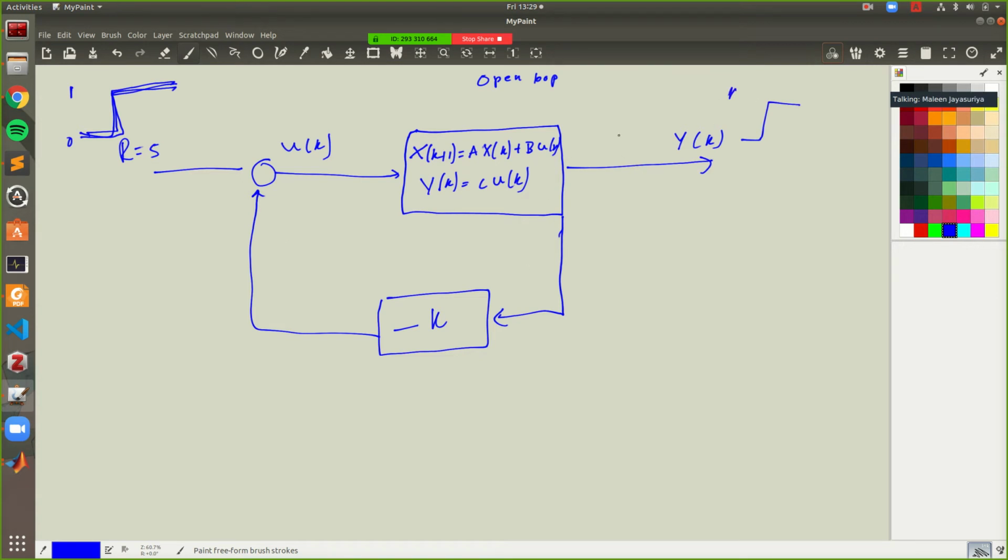So when you do this feedback, we saw in the previous question that it might perform better. You can maybe take a system that was unstable and make it stable, but it might not reach the same value. This value is what we call the steady state value, right?